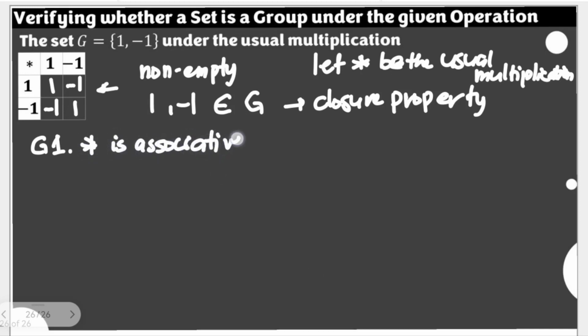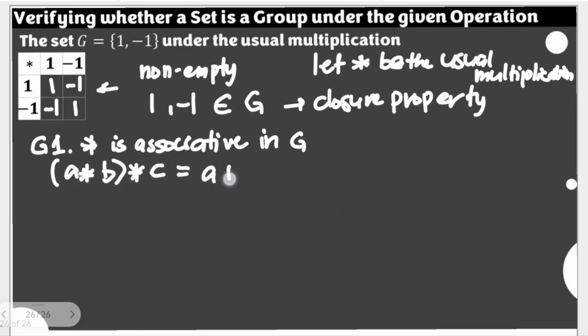associative in G. Okay? There are many ways to check associativity. We could look for pairs, or three different elements of the set, and subject them into the usual associative property like this: (A star B) star C is equal to A star (B star C). Or we can simply invoke the associativity for integers. We have here since, okay, associativity